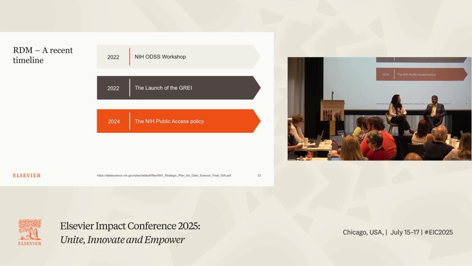And so as part of this, we launched the new data management and sharing policy back in 2023, and we had a huge build-up towards it, and many of you in institutions might know, no one can escape that. And so that was the beginning of it, and then there's the public access policy that is underway right now with the most recent one, where data needs to be released immediately with the publications and there's no embargo. All that said, I'm not a policy person and I focus more on best practices.